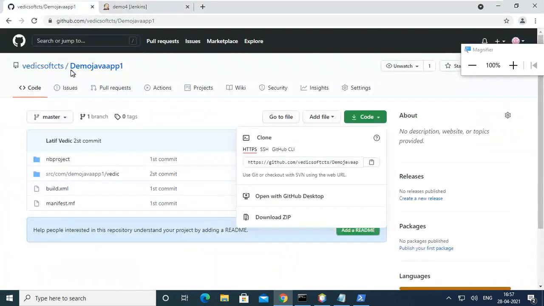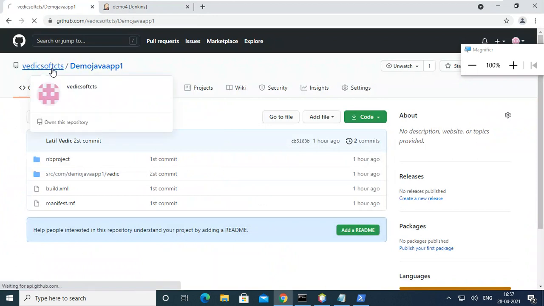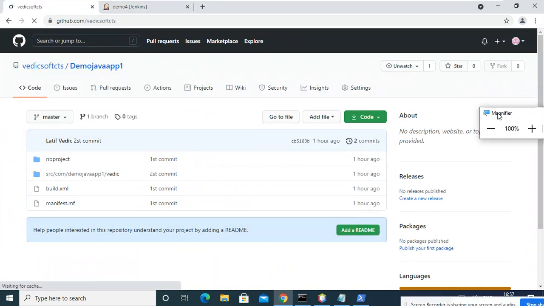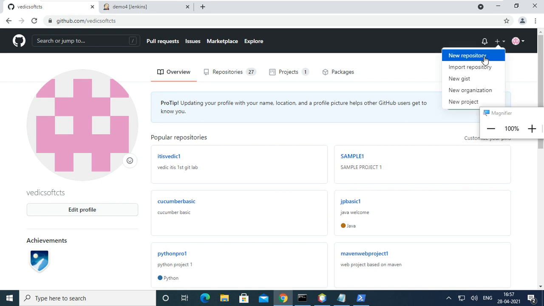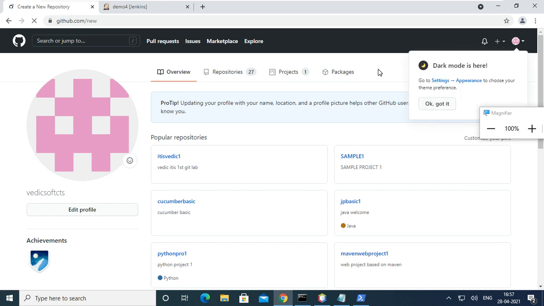So what I'm doing is I am going to create one repository for my Jenkins. On your side, you need to create all these things. Again, installation of NetBeans and all is always a headache.